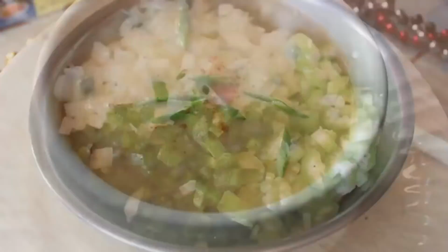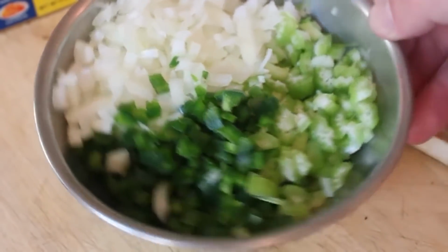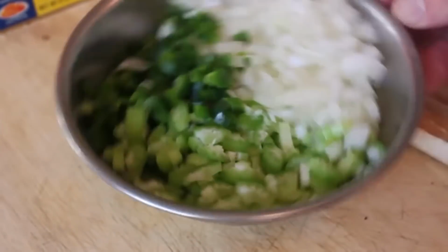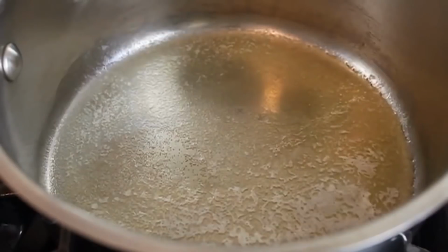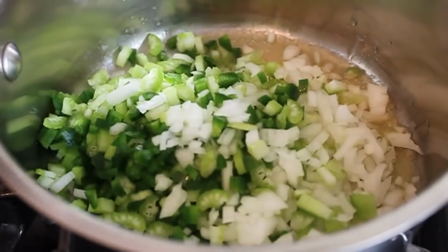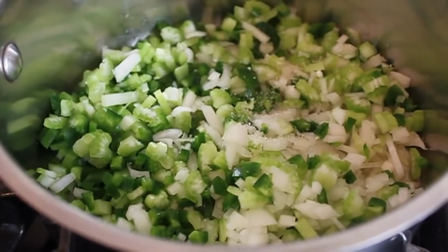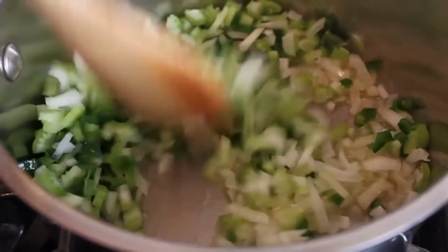Corn, crab, and this, the old holy trinity, onions, peppers, and celery. And by the way, I'm using all jalapeno, but you can use any combination of mild or hot green peppers. All right, so we're going to dump the old holy trinity of aromatic vegetables into our pot with some melted butter. I'm also going to add a nice pinch of salt, and we're going to sweat that over medium heat